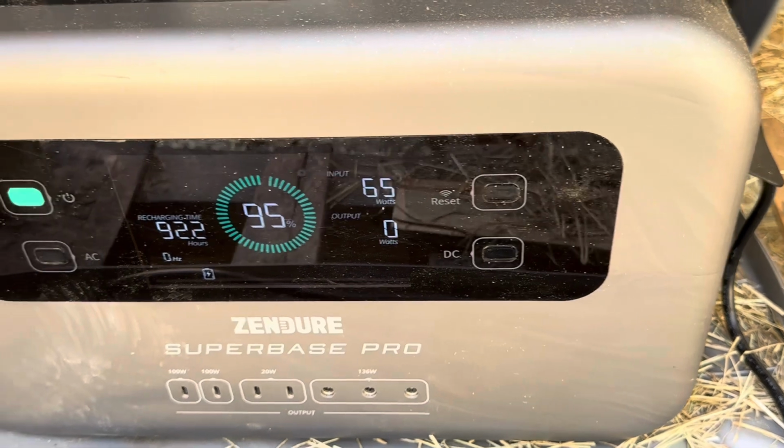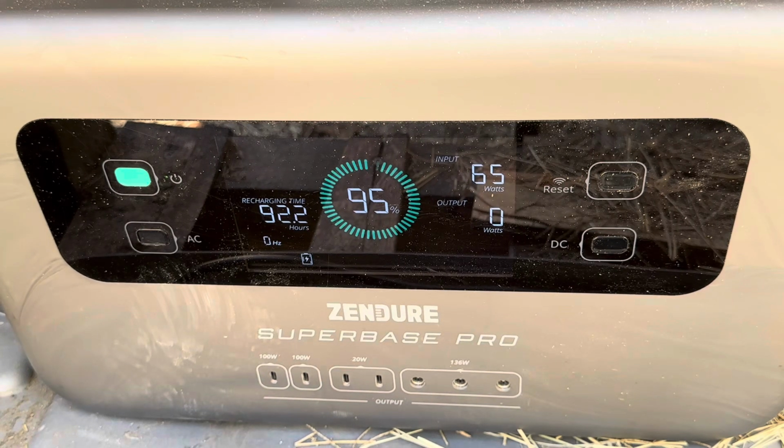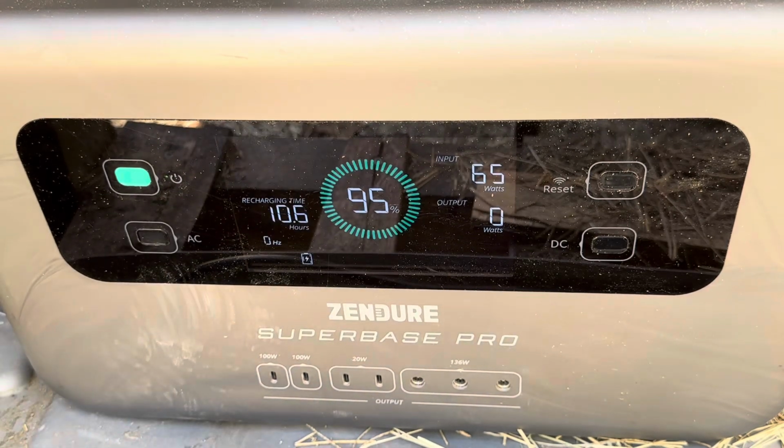Let it track for just a second on the Zendor. And it's not completely clear skies. There is some dispersed smoke. So that's the 100-watt Flex Solar monocrystalline. So let it track. 65 watts going in. So let me pull the